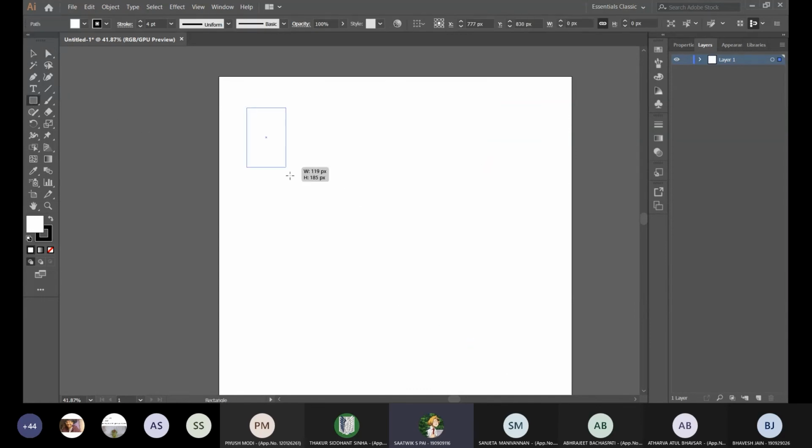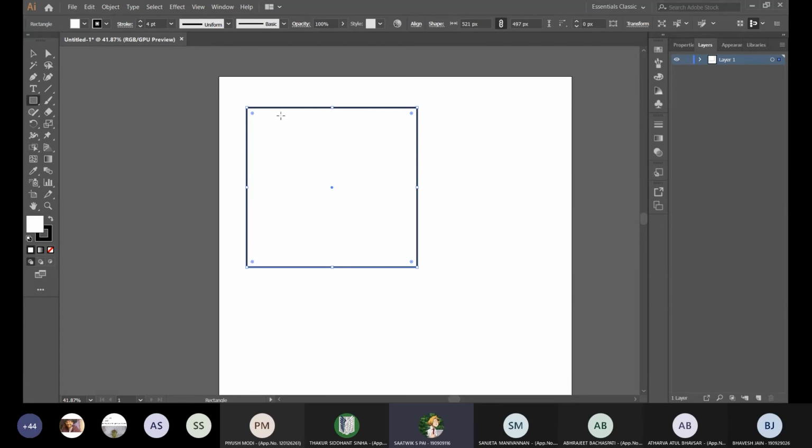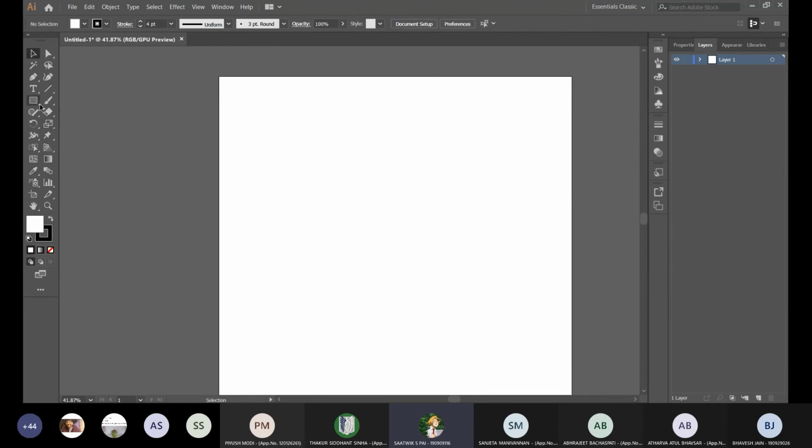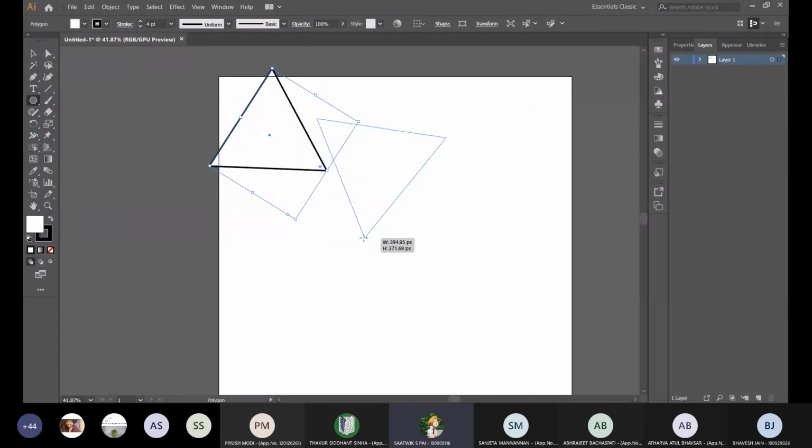Talking about shapes, you obviously have your rectangles and squares, but those aren't the only shapes, right? Using Illustrator, you can also make polygons. This is the triangle, but you can make polygons with any number of sides by hitting the up arrow key. At the moment it's a triangle; it goes to square, pentagon, hexagon, and so on, as much as you want. And the down arrow key brings it back. Increase it, decrease it.